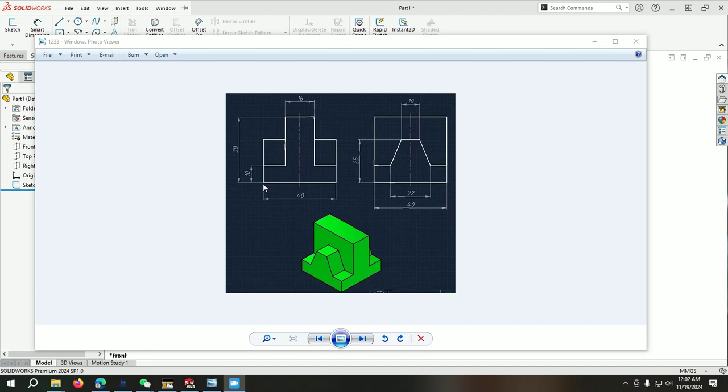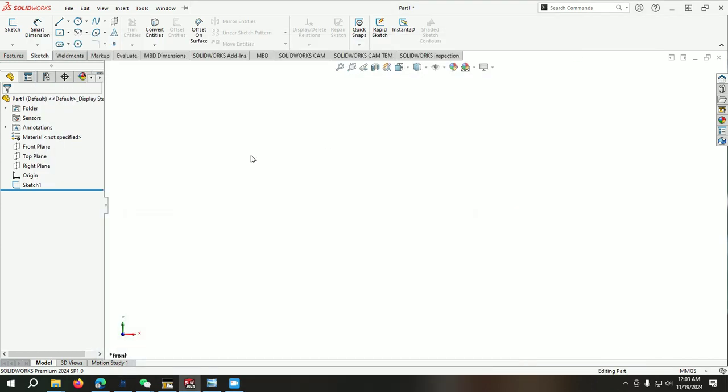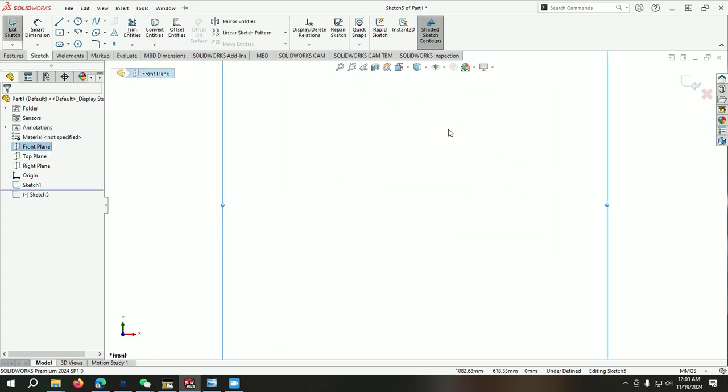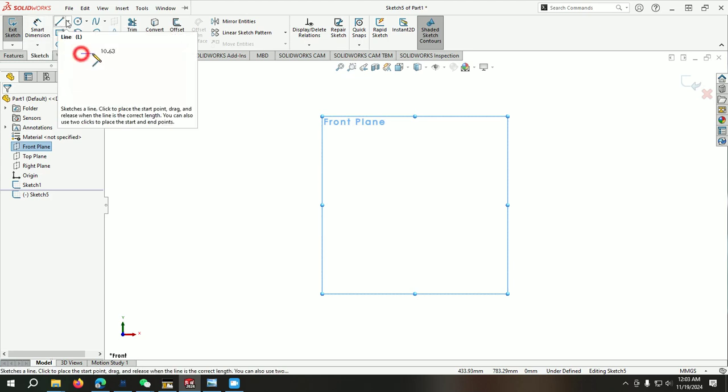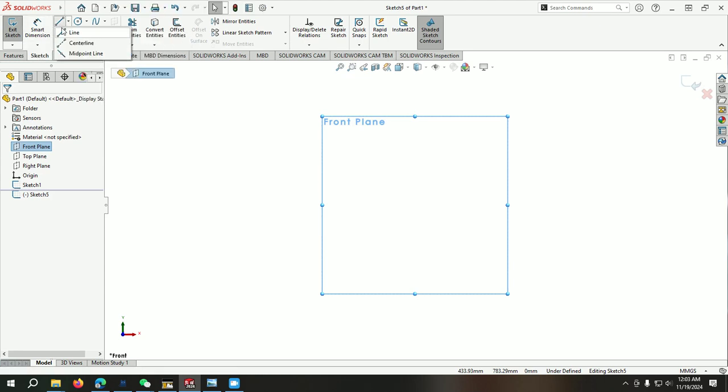First, we know that the distance from here to here is 40 millimeter, and the height is 10 millimeter, and the total height is 38 millimeter, and this one is 16 millimeter. Okay, and so let's start. First, here we have to select the front plane. Okay, and then go to sketch. Now we are in sketch mode, and here you can see the icon of the sketch. And now in the sketch, we will select the line. Okay, so we'll select the line,